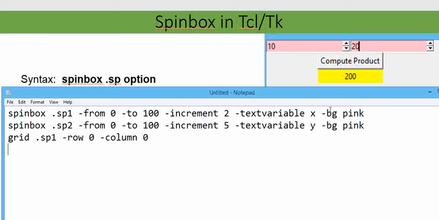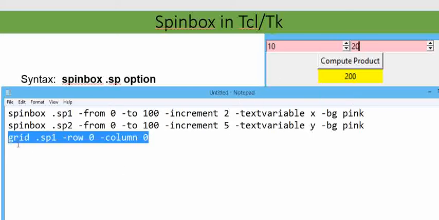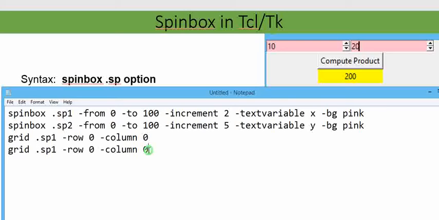Now grid .sp2 has been located in row 0, column 1. Afterwards, we do require a third widget. In the third line, I require a button. So I am going to instance button dot b minus text. The name of the button is compute